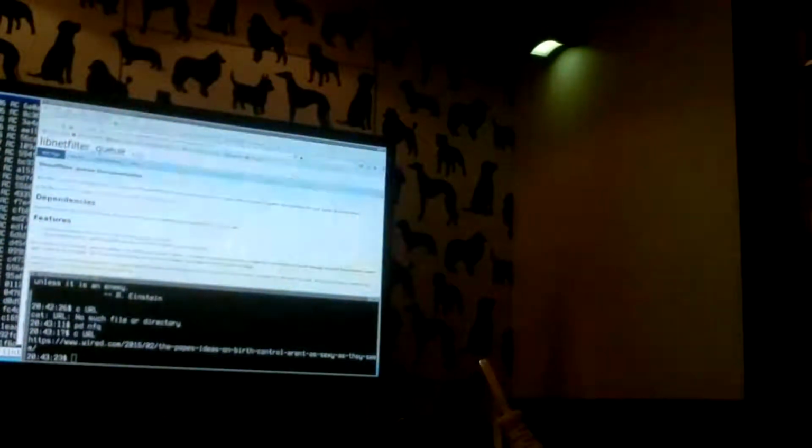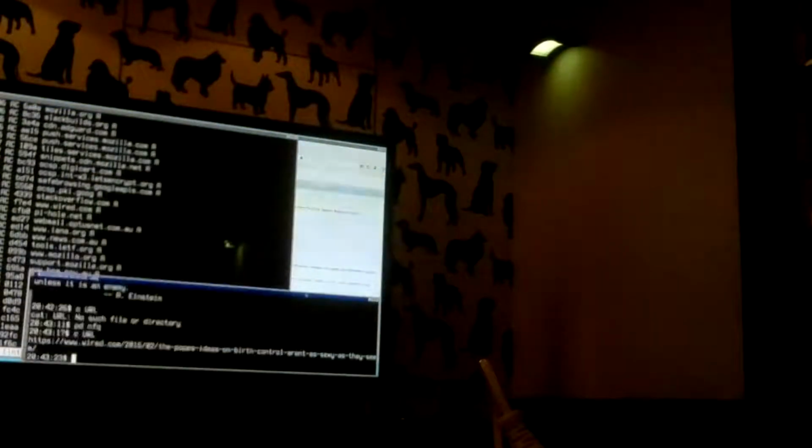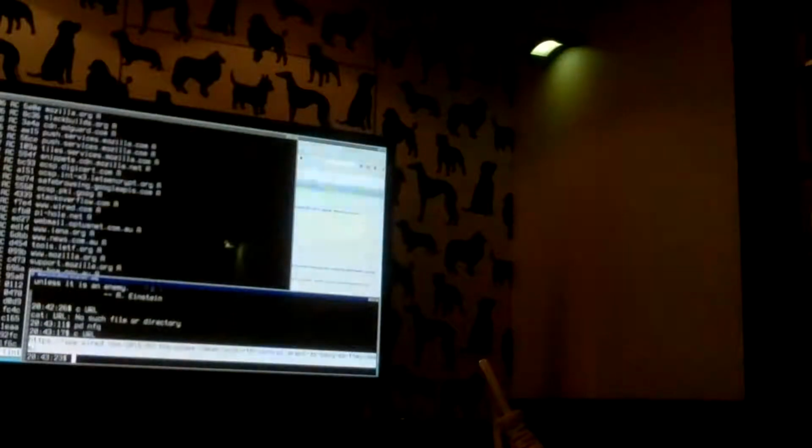Okay, NetFilter. Since I saw you last, the log file's improved a little bit. It's actually dated now, so you can see when stuff happens. So I've got the URL I use. This is a Wired article about the Pope, and